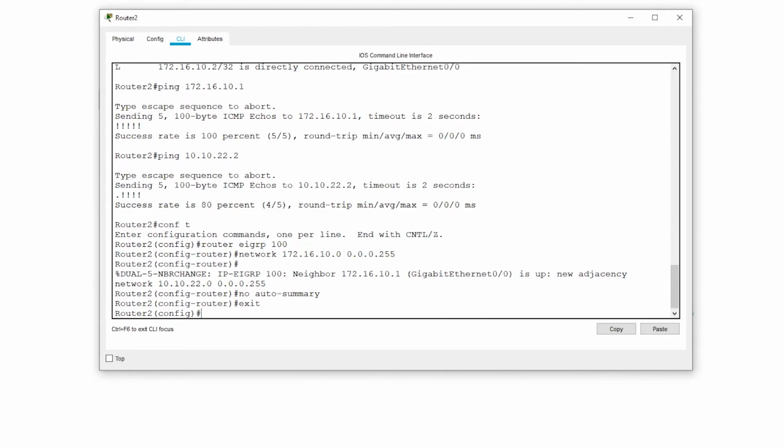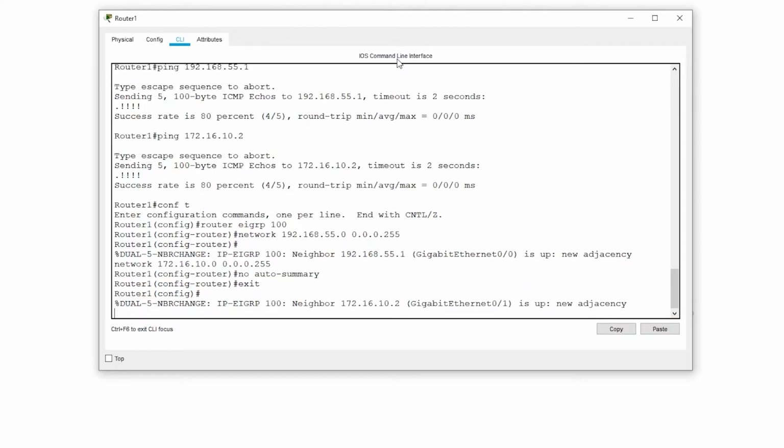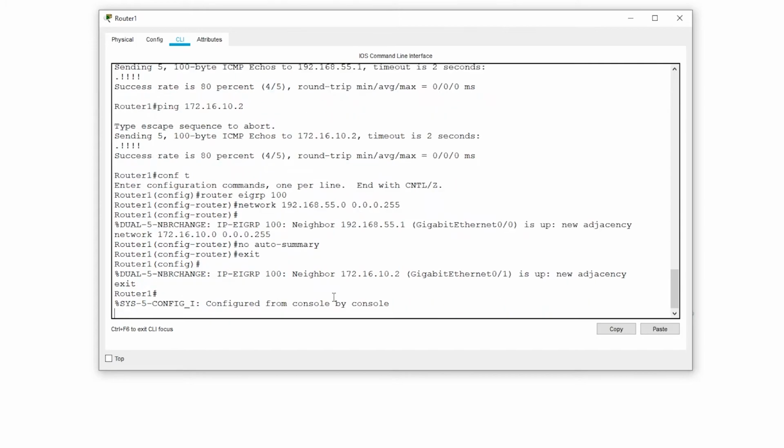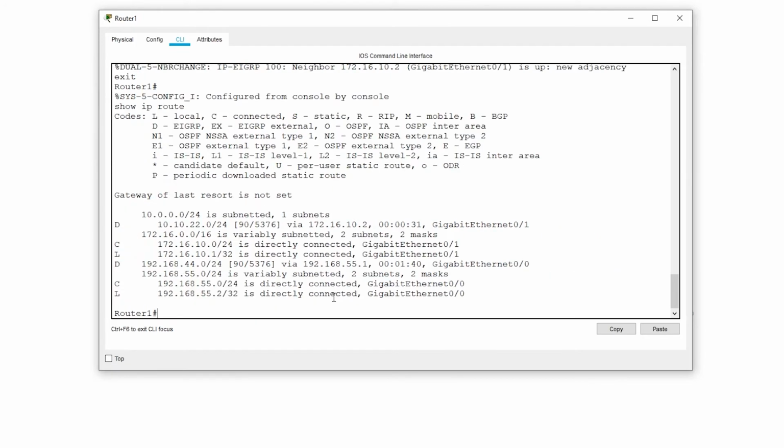Okay, now we'll go back to showing IP route. We'll start with router 1. Oops, you have to exit. Show IP route. And now we have a route to this network going through that network. To get to the network 10.10.22, it goes via 172.16.10.2.